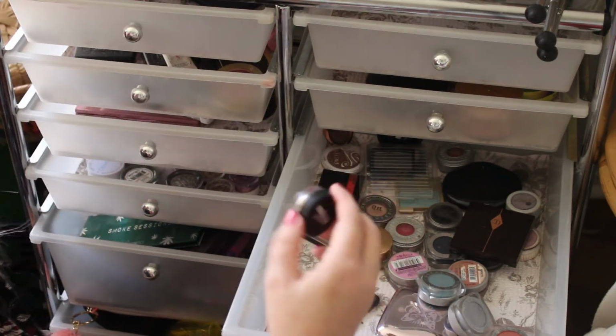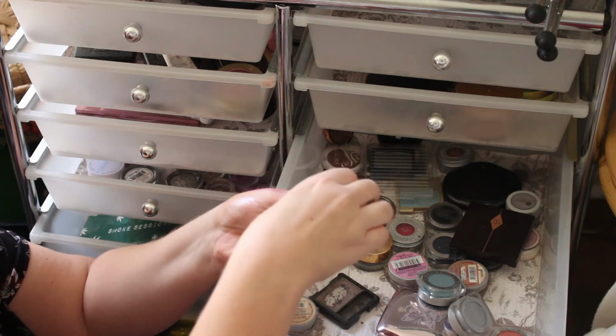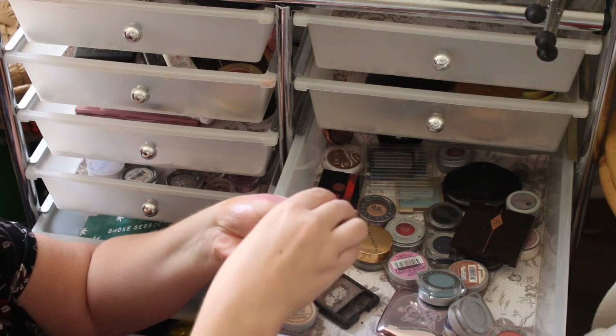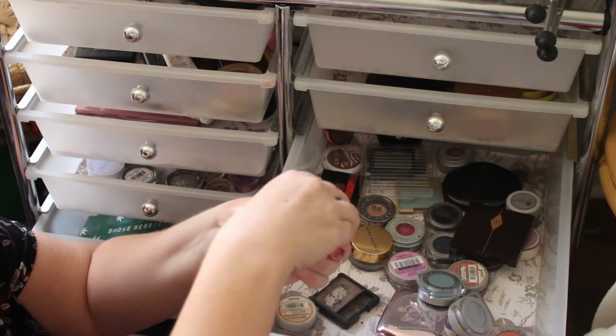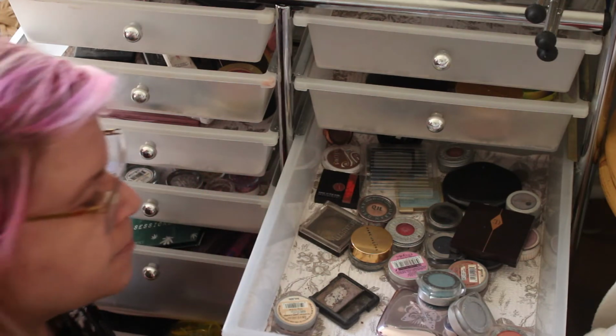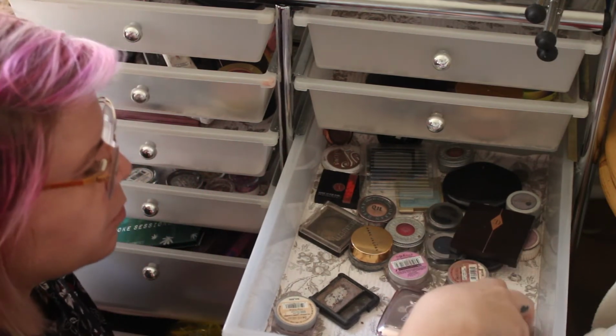This is Makeup Geek Utopia. The single, yeah, this is not going anywhere. This is like a bronze, black, gold, loose shimmer that's never leaving my sight. I'm going to keep